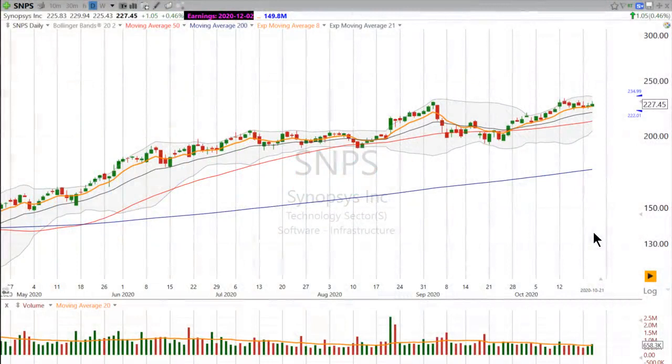I want to give you my synopsis of Synopsys. Pun intended. This is ticker SNPS. So SNPS, it is one of the IBD 50 stocks, and it looks pretty good here considering the market has seen better days. So on Synopsys,